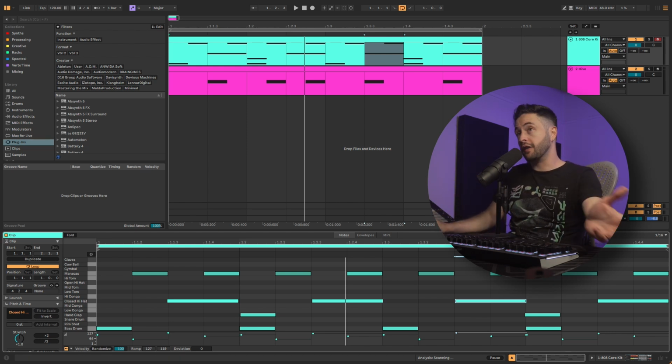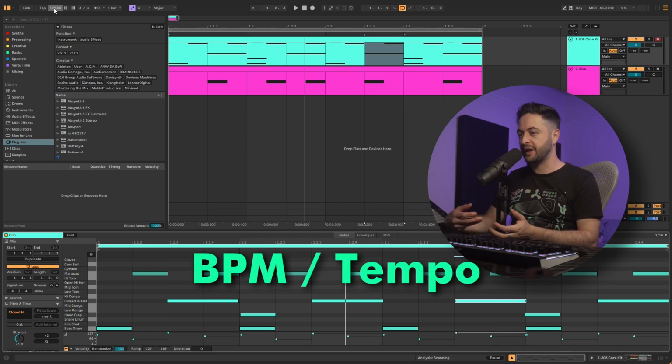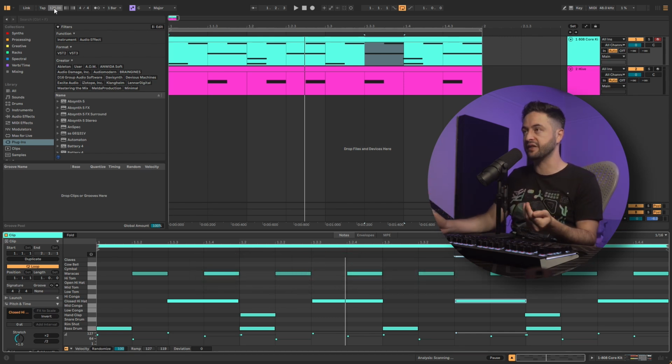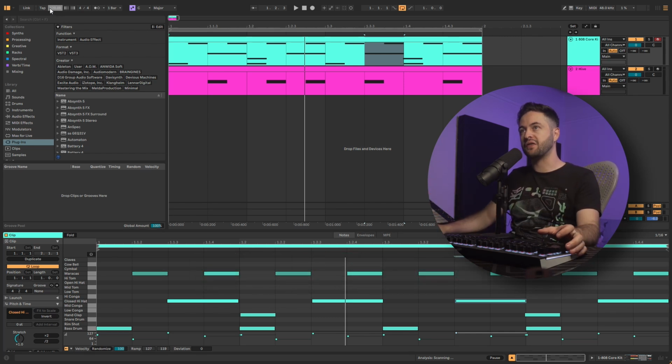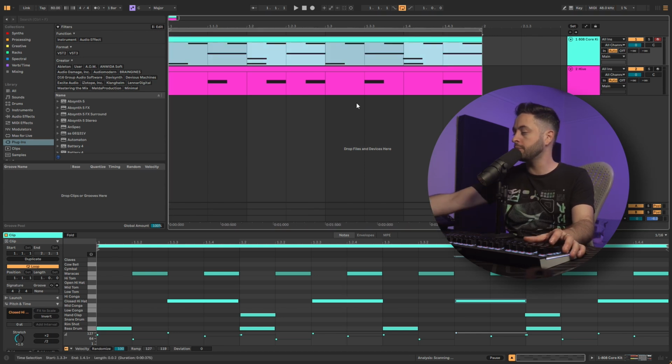The final thing that we want to talk about is BPM, and we mentioned it a little bit earlier. And so this is the number here, and it tells us how many beats are in a minute of time when we're listening to our music. So if I make this a lower value, like 80, and we have a listen to the loop that we made before,